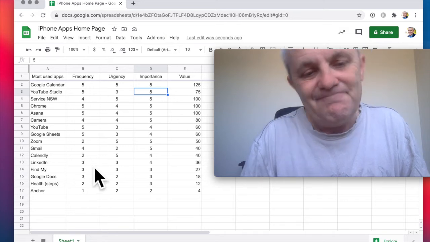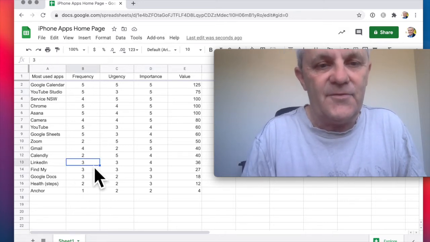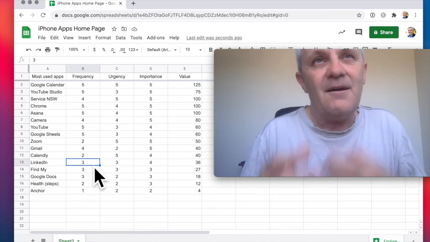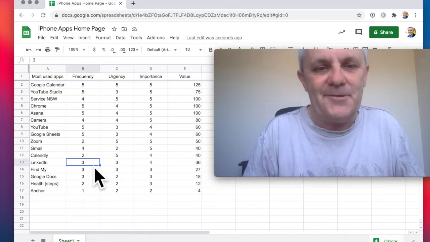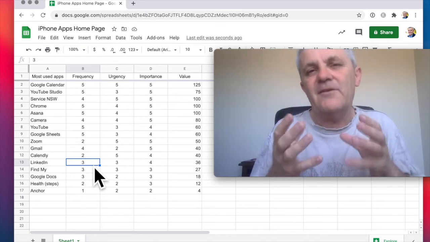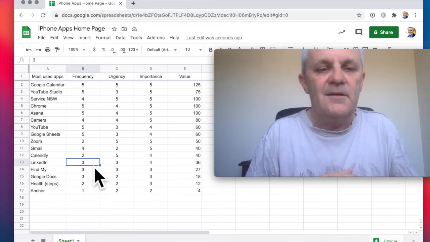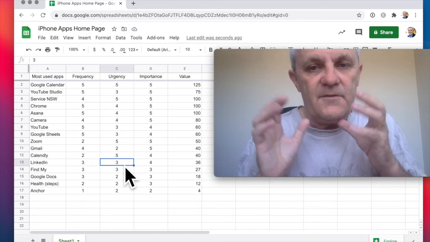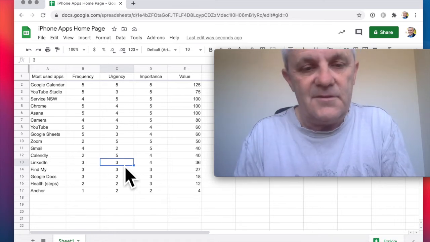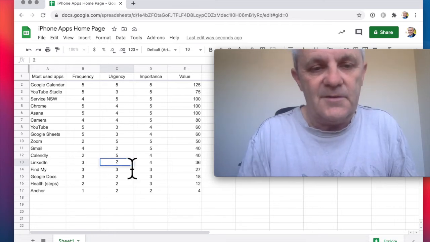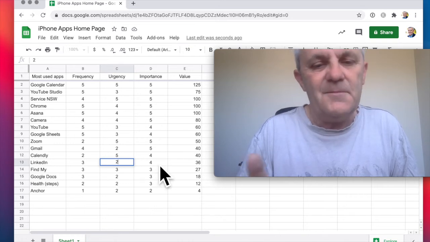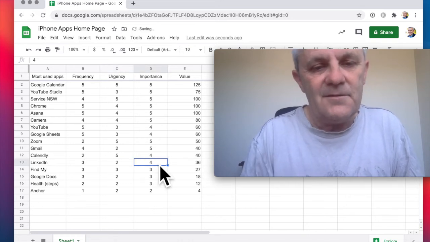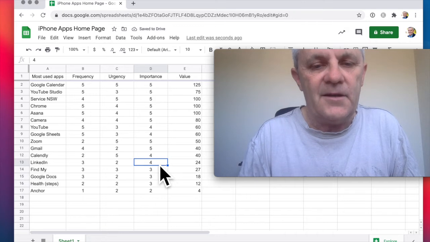But now LinkedIn, I'm going to give that a 3 out of 5 in terms of frequency. I can always look it up on my laptop anyway, and I don't actually have to be using the mobile phone for LinkedIn. In terms of urgency, LinkedIn is really not an urgent app. I'm going to score that one just a 2 there. And then in terms of importance, well, okay, I'll probably give it a 4 out of 5.